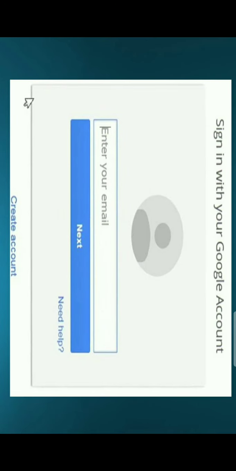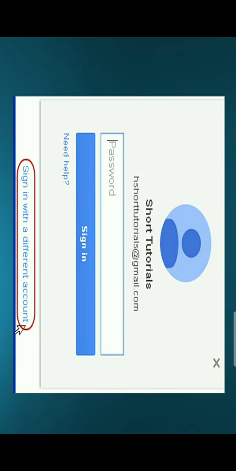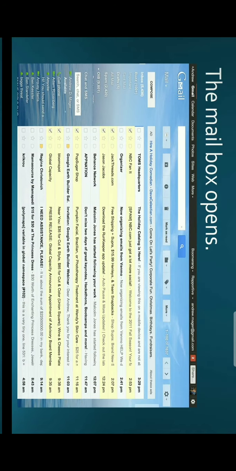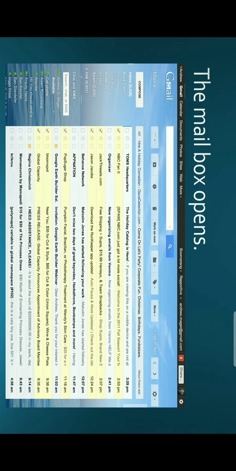First we have to enter the website of the service provider, such as for Gmail we have to enter www.gmail.com, and then this will be our first page, the login page, in which first we have to enter our email address. After entering it, we have to click on the next button as shown in the image. Then a page will open where we have to enter our password, and then we click on the sign in option. Then our mailbox will open, which looks like this.